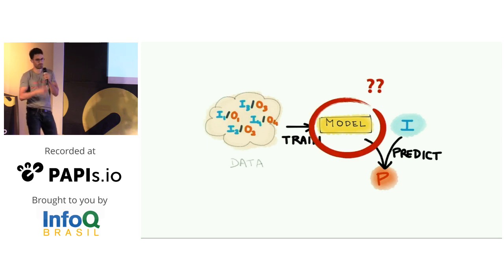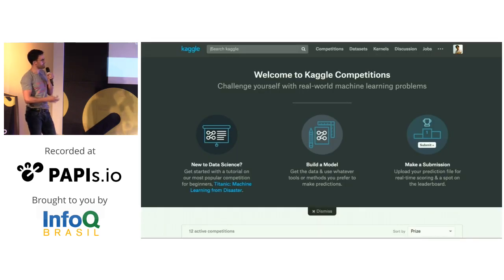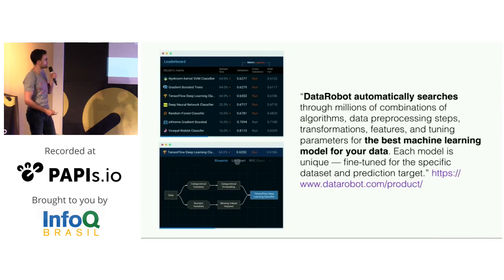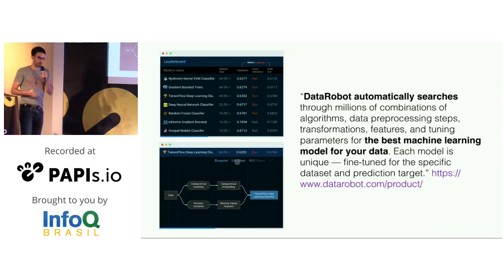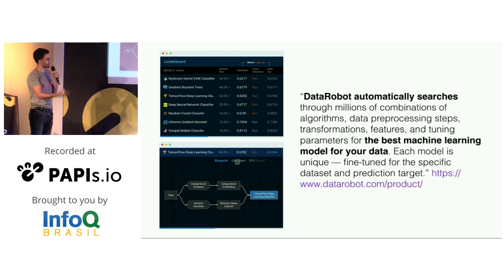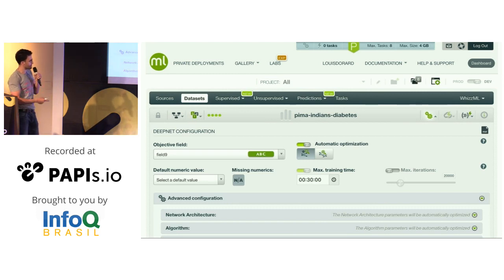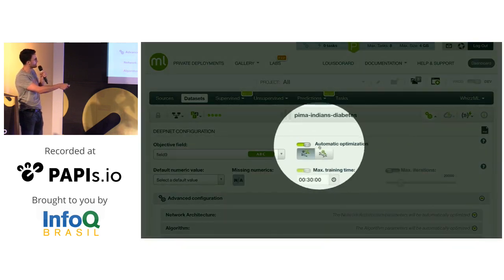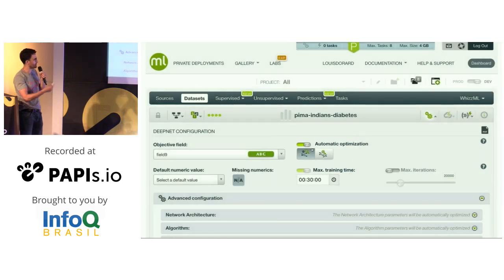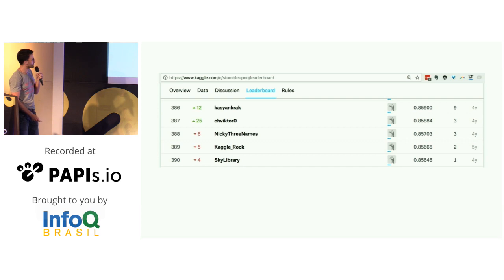How do you do that? Well, it's a big topic. There are challenges around that, Kaggle challenges. But now there are products that automate this. DataRobot, for instance, is one of these products. They've hired a few Kaggle experts to implement this, automating this process. So you don't really have to worry about that too much anymore. At least that's the promise. BigML is another example. They do this automatic optimization, automating the creation of machine learning models.